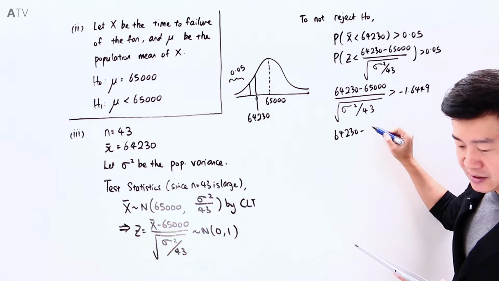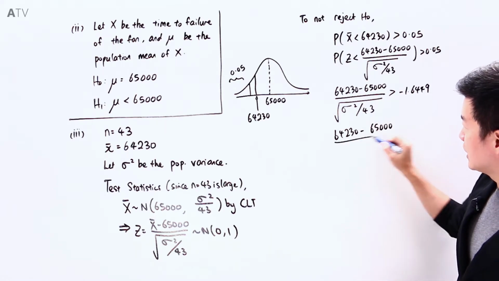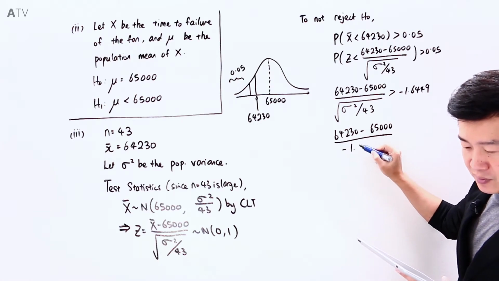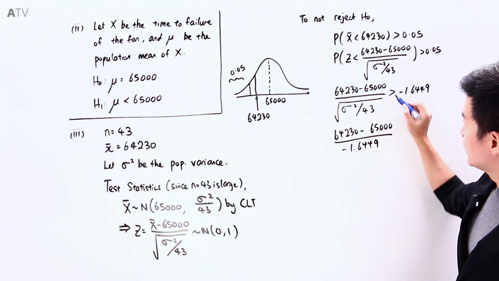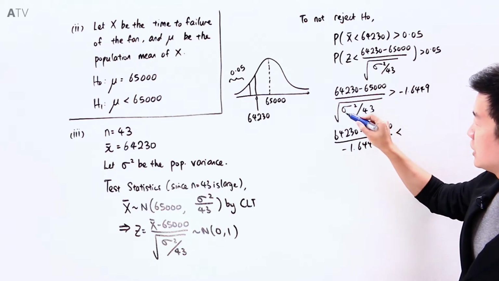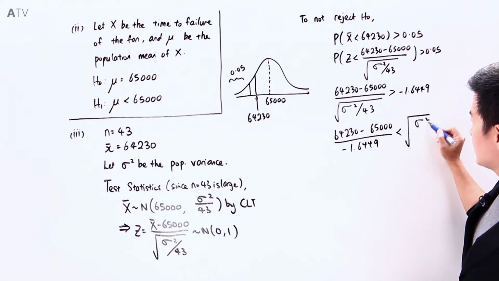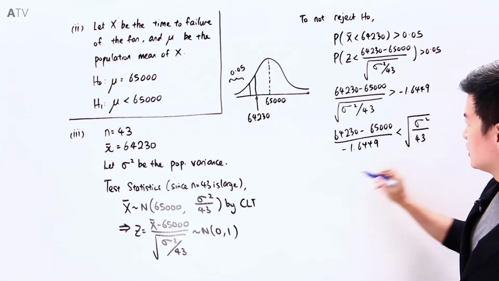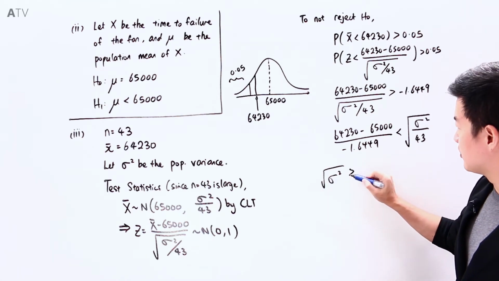64230 minus 65000. This one, if I were to bring it across to the other side, it is going to be negative 1.6449. Since we divide it across to the other side, the inequality sign here will switch. This is positive. If I were to multiply across, it will still remain the same. So we have sigma square divided by 43, which means that the square root of sigma square is going to be bigger than